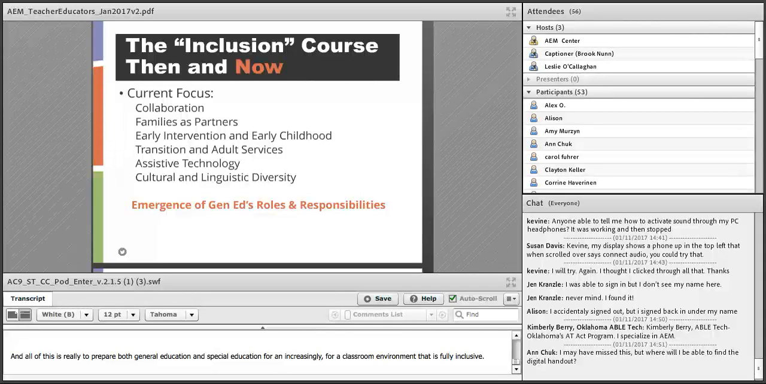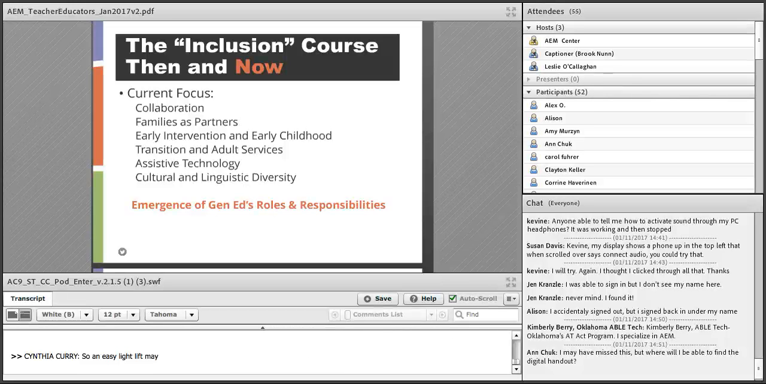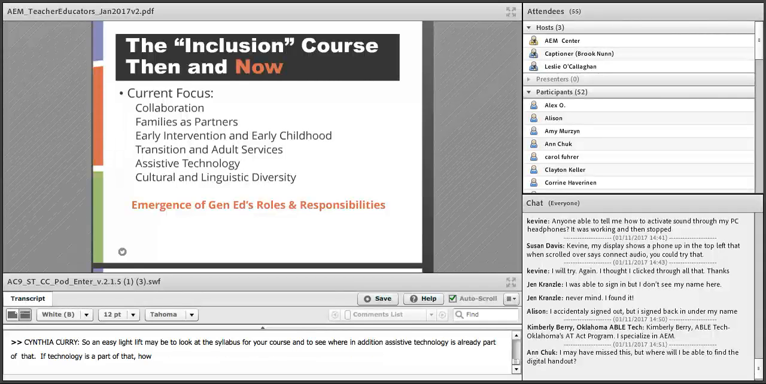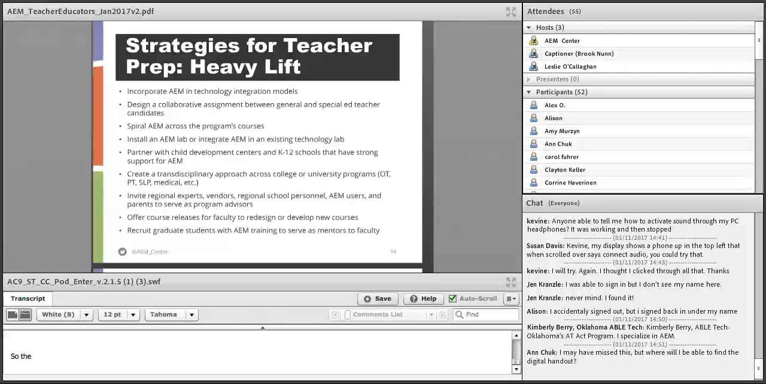So an easy light lift may be to look at the syllabus for your department's or program's inclusion course or exceptionality course, and to see where, in addition, maybe assistive technology is already part of that. If technology is a part of that, how could accessibility be included and assistive technology be embedded within an existing inclusion course. So the heavy lift strategies, and this is a very text-heavy slide, I apologize, but there are, and